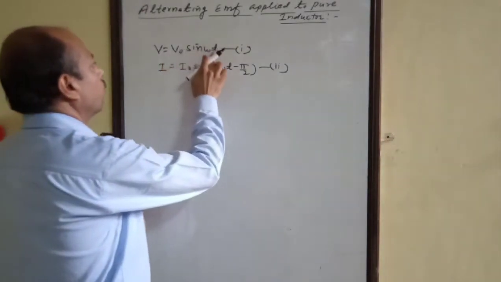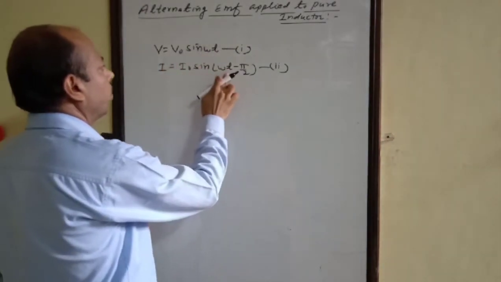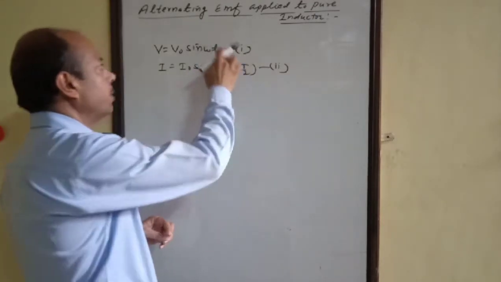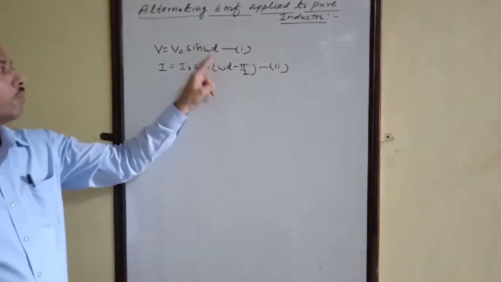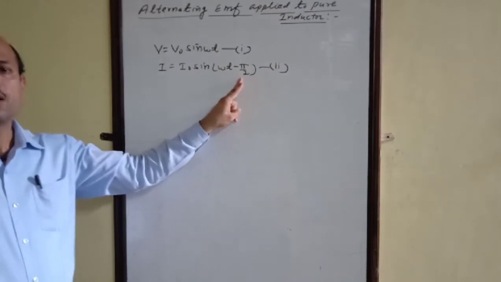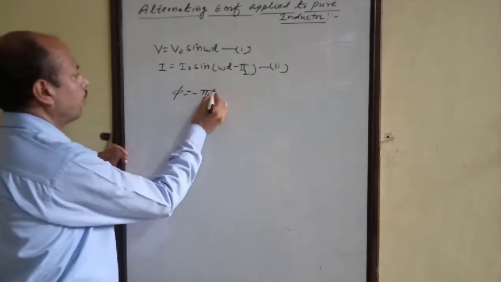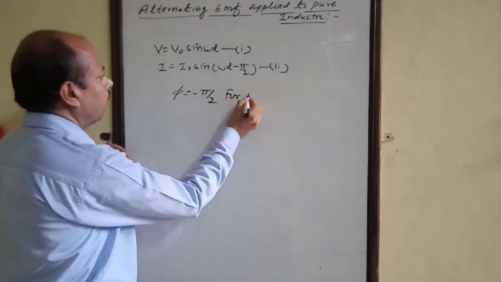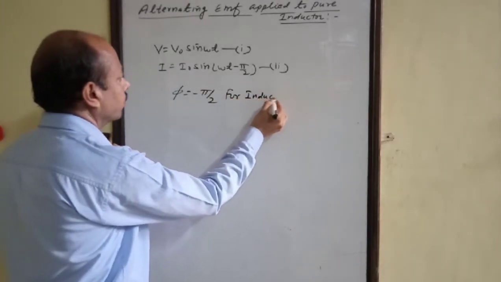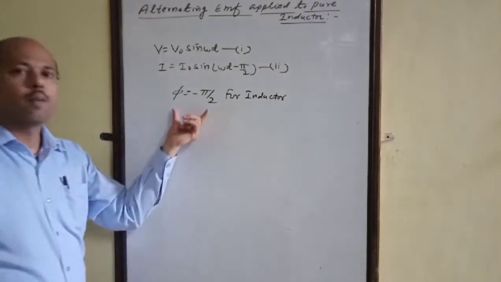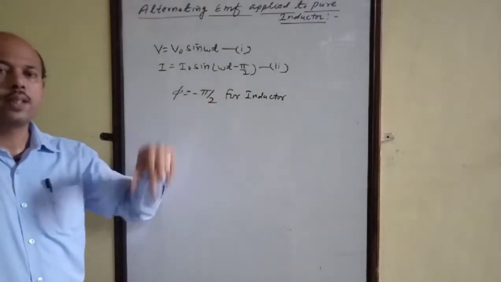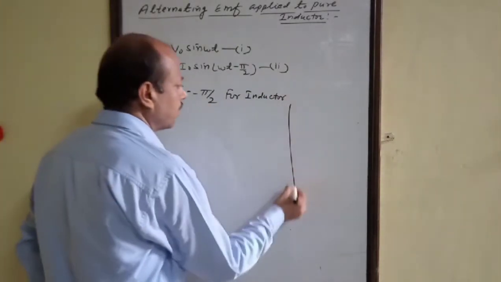Since V equals V naught sine omega t, and I equals I naught sine omega t minus pi by 2, it is very clear that there is a phase difference of pi by 2. Therefore, we can say phi equals minus pi by 2 for inductor. Therefore, if we draw the phasor